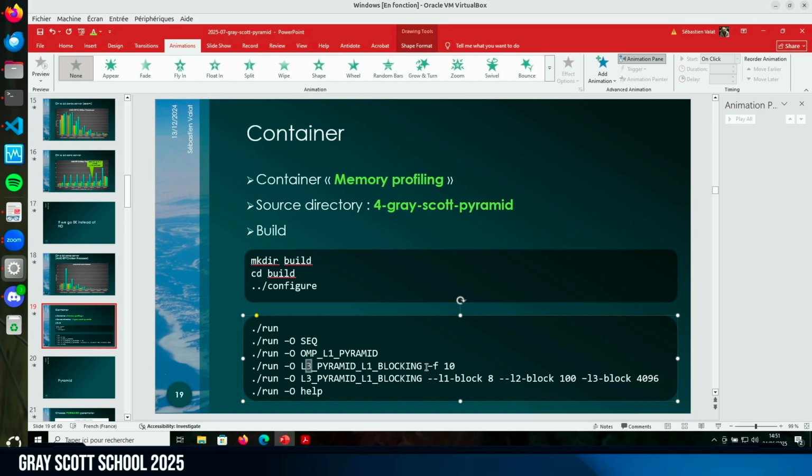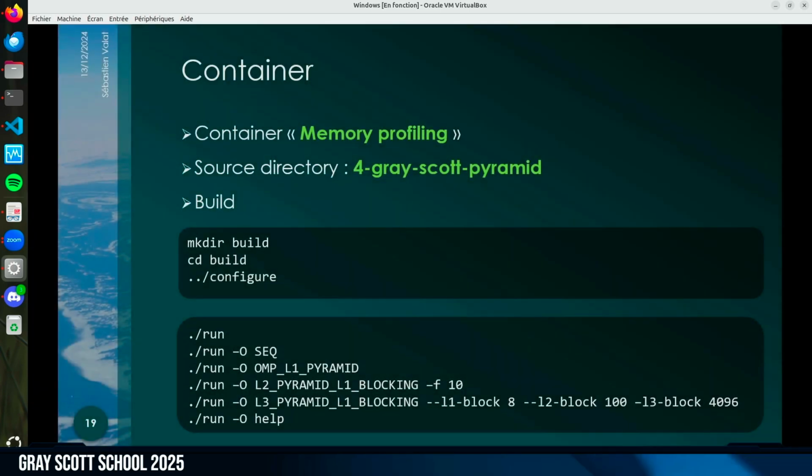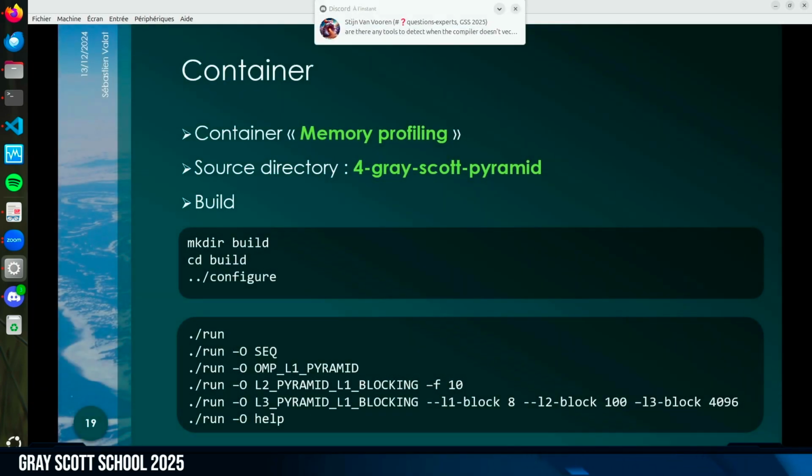If you try with L2 blocking, dash F10, I can let you try various blocking sizes to see how it behaves.